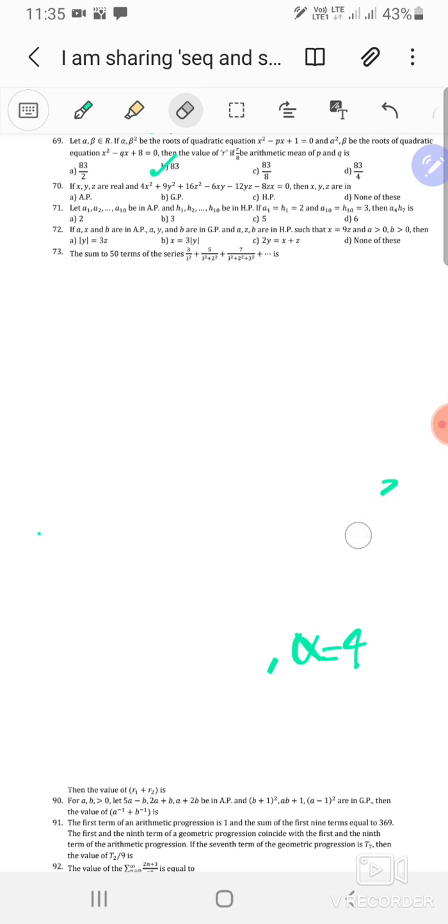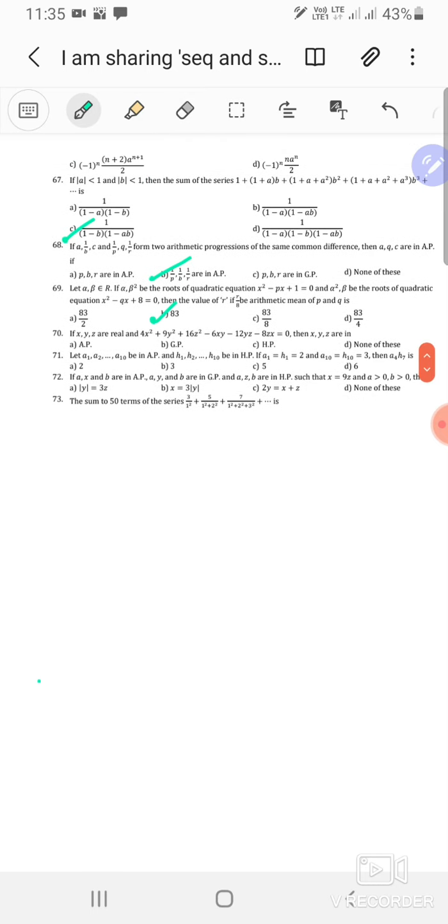If x, y, z are real and you have this equation 4x squared plus 9y squared plus 16z squared minus 6xy minus 12yz minus 8zx is equal to 0. Okay, so the first thing you see is 4x squared can be written as 2x complete square. Similarly, 9y squared and 16z squared can be written as 3y complete squared and 4z complete square, and then 6xy looks like it's the same thing as 2x into 3y, and similarly for the other terms, right? So it's like 4z into 3y, then you have 4z into 2x. That's supposed to be equal to 0. Then x, y, and z are in